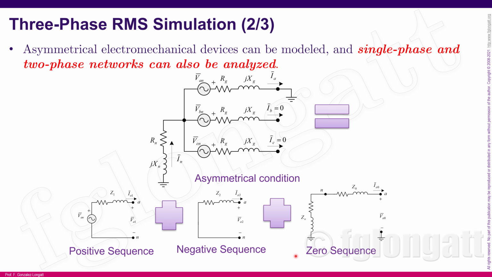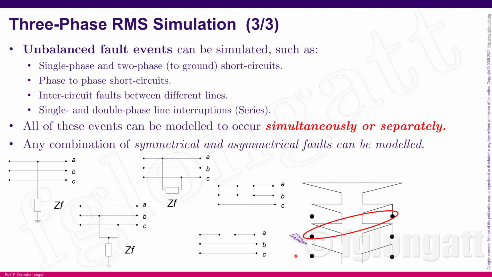Then PowerFactory internally creates an admittance or impedance matrix, depending on the calculation, and from there it can calculate all the asymmetrical variables, okay? This functionality is quite interesting, especially if you are trying to simulate events like single-phase or two-phase to ground short circuits, phase-to-phase short circuits, inter-circuit faults between different lines, or single or double phase line interruptions,